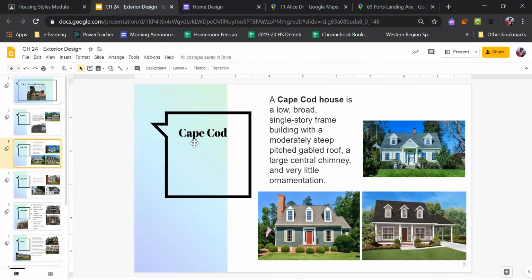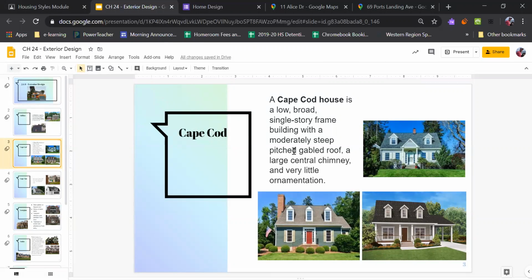A Cape Cod is similar in a lot of ways, except it's got these dormers. So typically, a Cape Cod has 2 or 3 dormers on top. Like here, you see 2. Here, you see 3. It can have a carport. It can have a garage attached. It can have an overhang like this. It can have pillars, but ultimately, if it's got dormers and a roof that tapers down like this, that's a